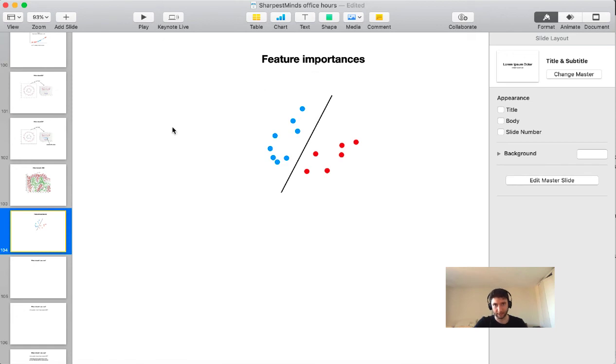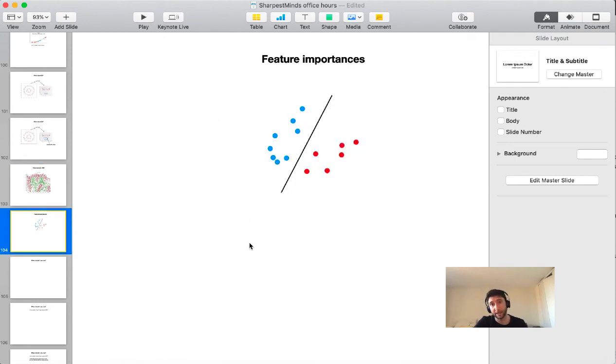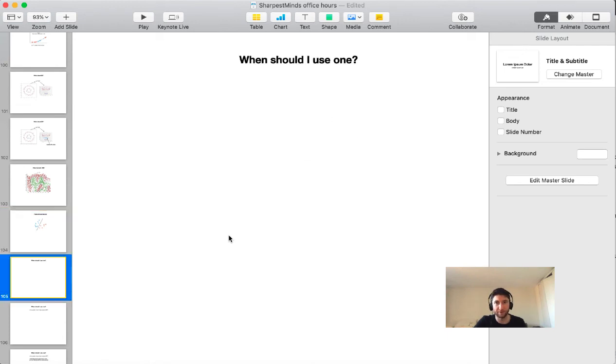Feature importances stop being reliable or useful. And so this is one of the downsides to support vector machines. You can either get high performance by using a fancy kernel like RBF and get these really nice fancy decision surfaces, or you can get interpretability. And in that case, you have to use a linear kernel, and that's going to come at the cost of performance. And so you sort of have this awkward trade-off. This begins to suggest why support vector machines aren't all that useful, but there are other reasons as well. So I wanted to close this off with an overview of when you should use support vector machines